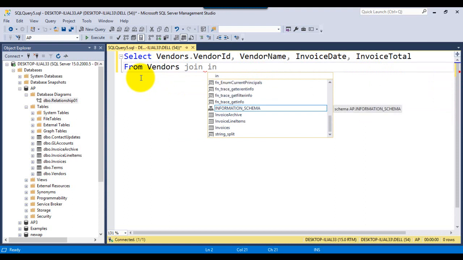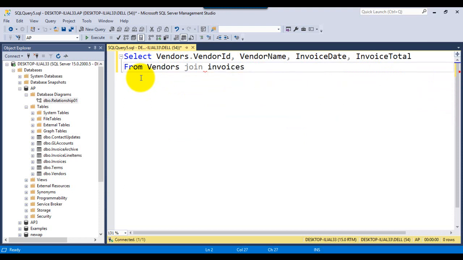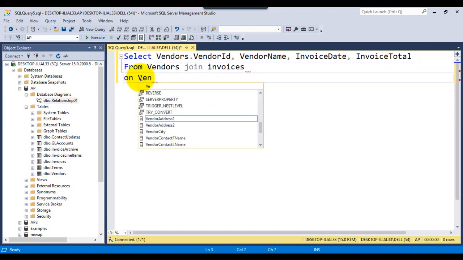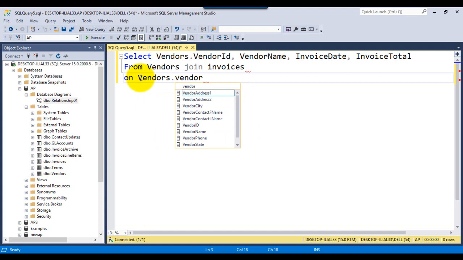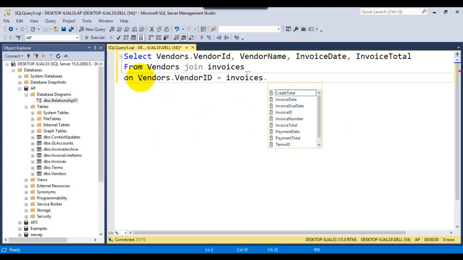I'm typing the primary table in a query, right? In a join I'm typing invoices on vendors.vendor_id equals invoices.vendor_id.